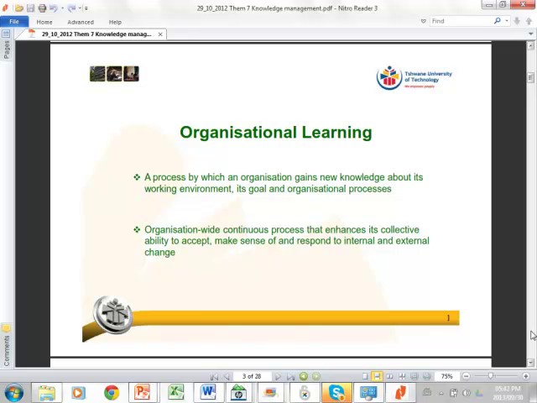Okay, so organizational learning is very simple. It's the process by which an organization gains...